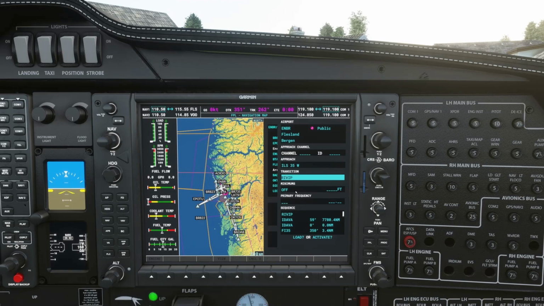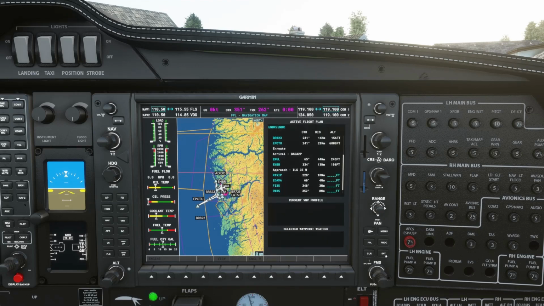Okay, minimums, that would be set from the other side, as you know. All right, and here it's got load or activate. Okay, now I wouldn't actually activate it until you're on your finals, otherwise it's really going to mess up the flight plan. All right, so we'll just get down there and click on load, enter. Okay, and that is actually put. So you have here, look, arrival, approach, and we know departure is on top there.